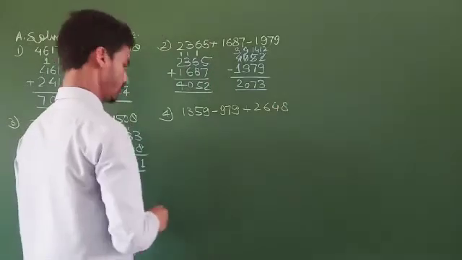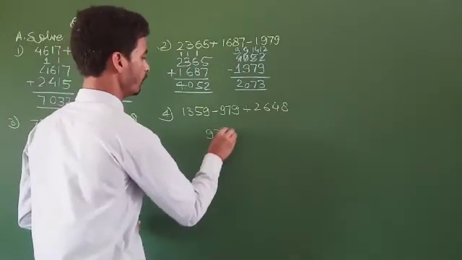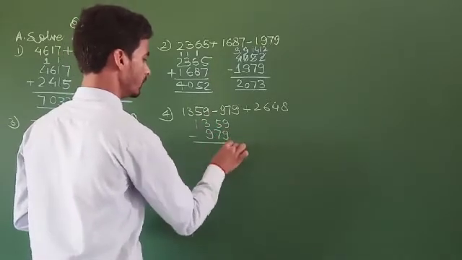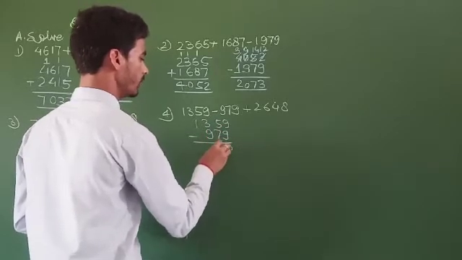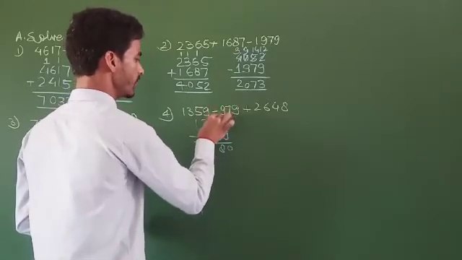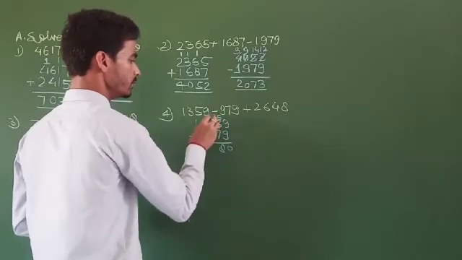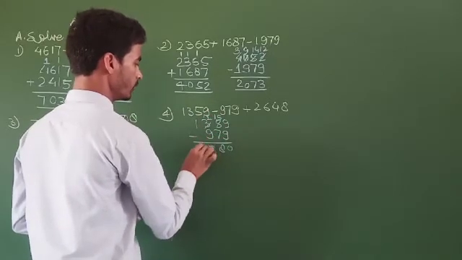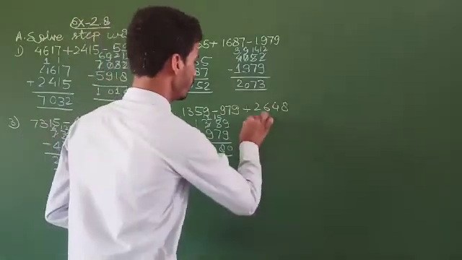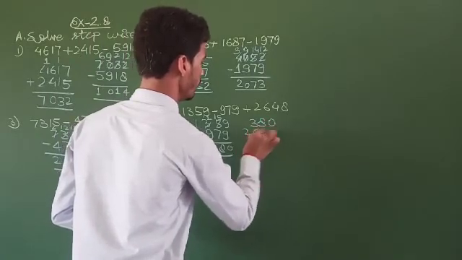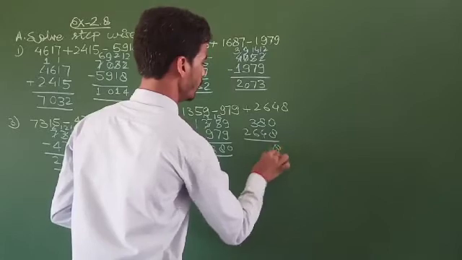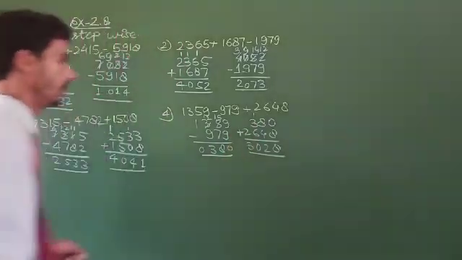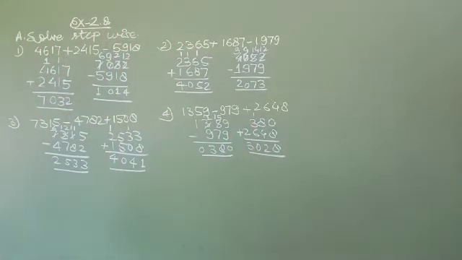Firstly, we have to subtract 979 from 1359. 9 minus 9 is 0, and 15 minus 7 is 8, and here will be 12 minus 9, 3. That is 380. And now add 380 and 2648. 0 plus 8 is 8, 8 plus 4 is 12, 2 and 1 carry; 3 plus 6 plus 1 is 10, 0 and 1 carry; 2 plus 1 is 3. That is 3028. Now come on to the next question.